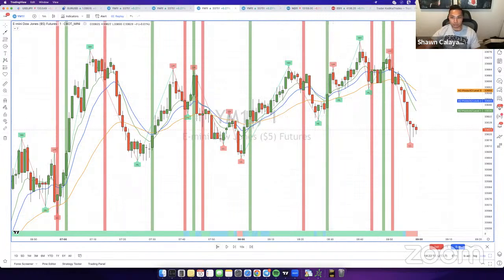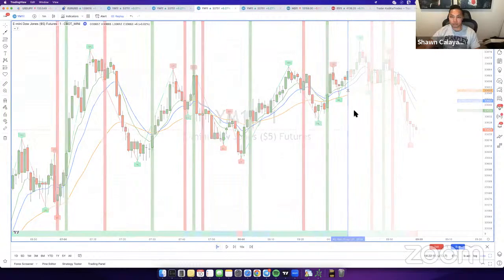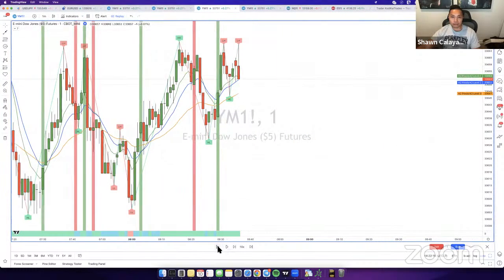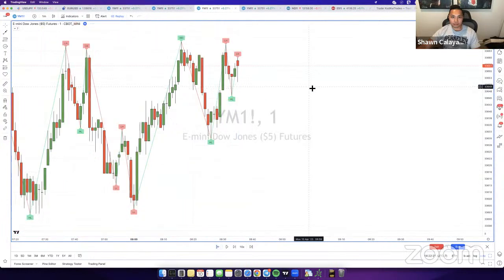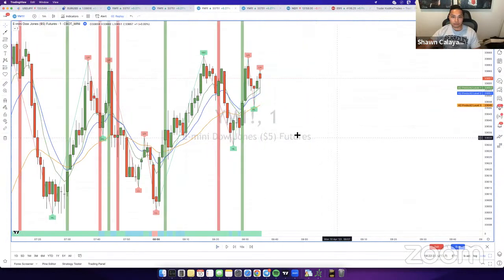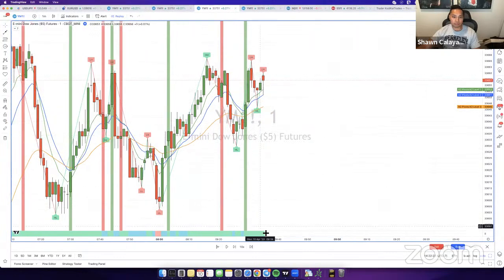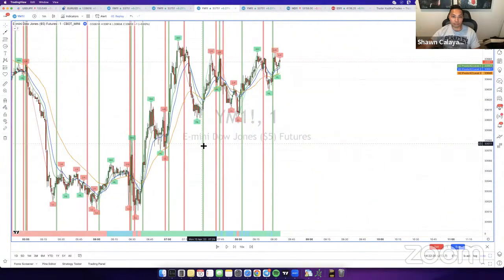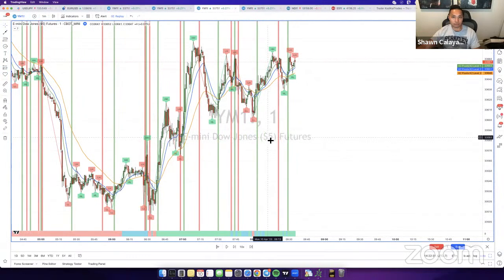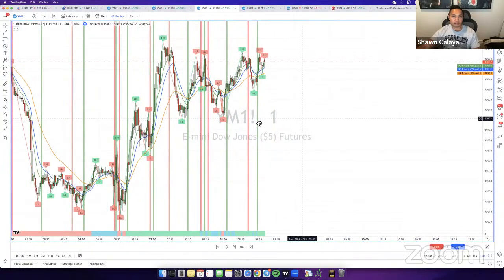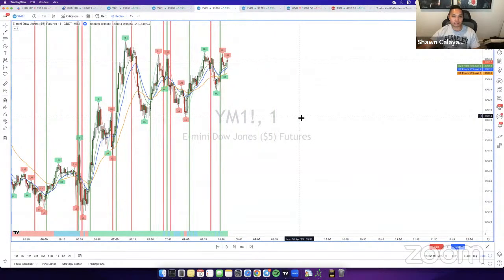Looking at this, I'll just rewind to this here. All right, I think this would be a good example. There's no specific strategy to this one. When you're applying this type of strategy, you have to know how to read the charts. The first thing I look for is an overall direction. In order to do that, I want to confirm the overall bias by looking at fundamentals, technicals, and retail sentiment.